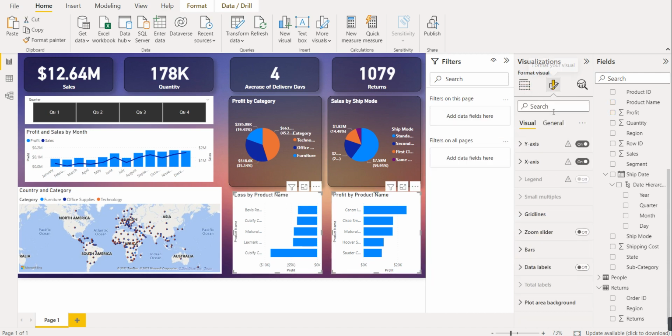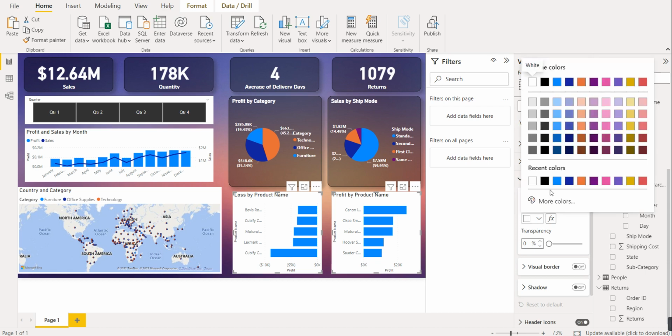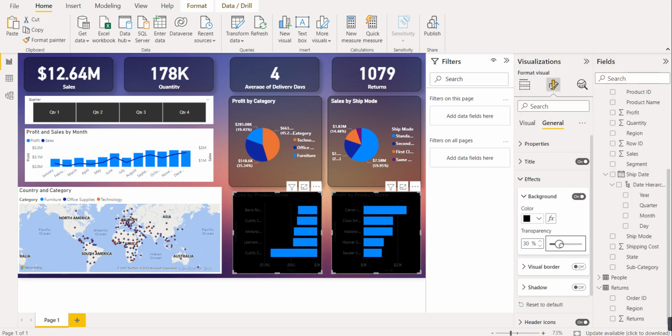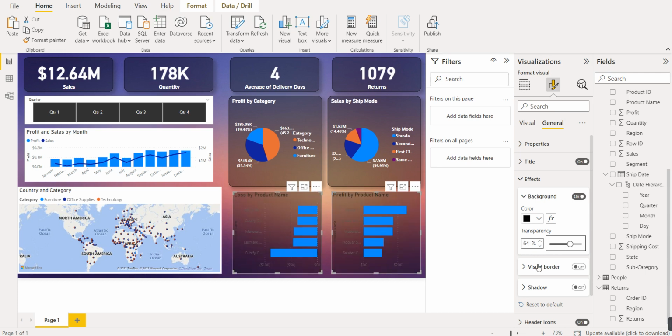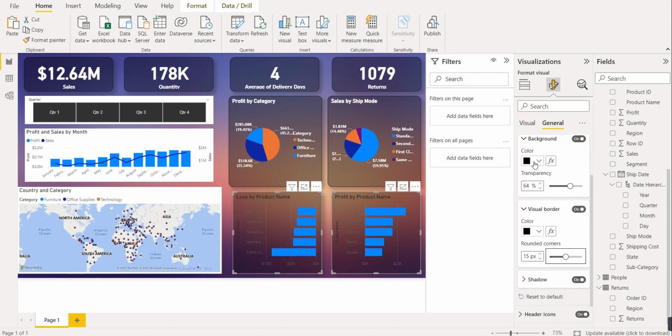Again what we will do, we will just go to effect. Background first black, transparency near about 60%. We will show border, we will show shadow, we want round corner, we will select 15 here. Again the next thing will be,